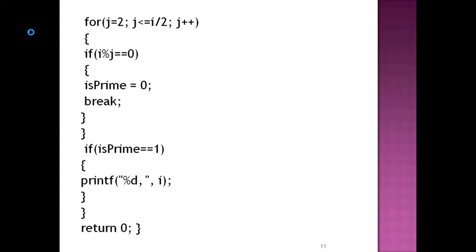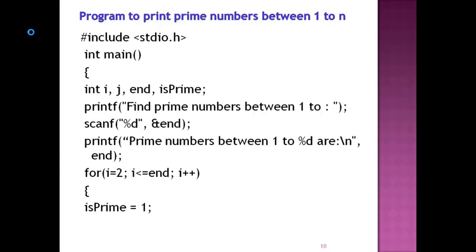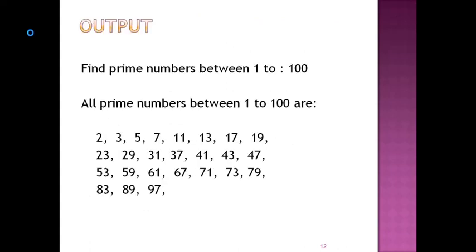This process is repeated until the user-entered number is reached in the outer for loop. In the end, the value 100 is there. The outer for loop is repeated until the i value becomes 101. Whenever i value becomes 101, it exits from the outer loop and completes the execution of the program. This is the output.